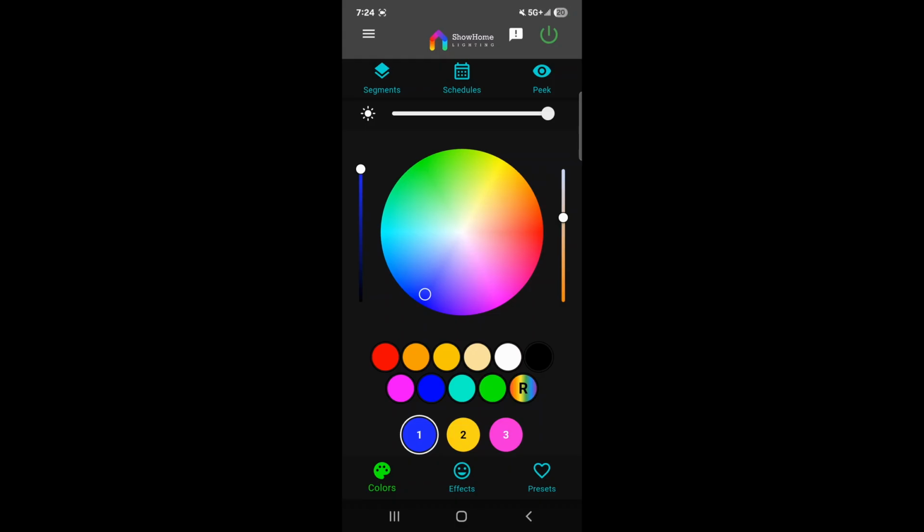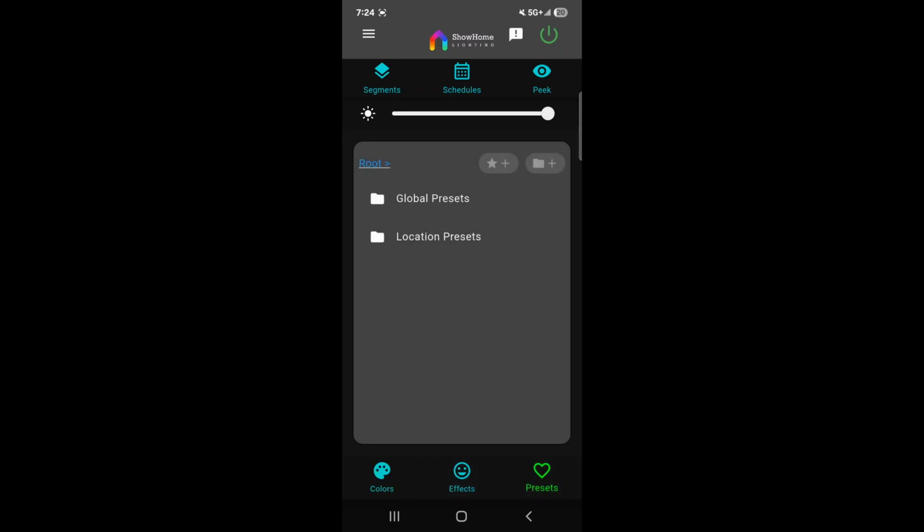Hello again. In this video, we're just going to go through a quick tutorial on how to create your own presets and save them. So everyone knows the preset button is down here in the right corner, and we have this